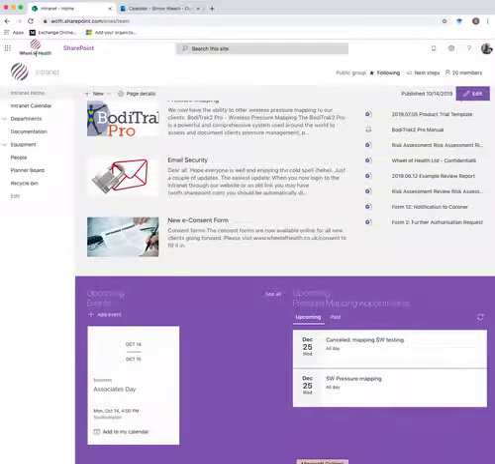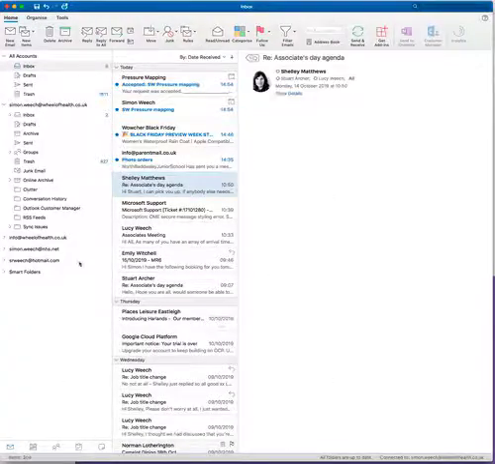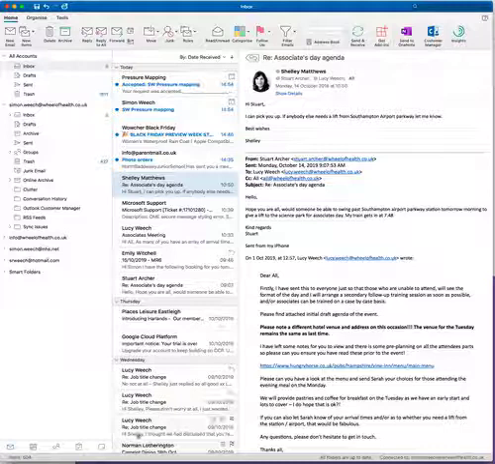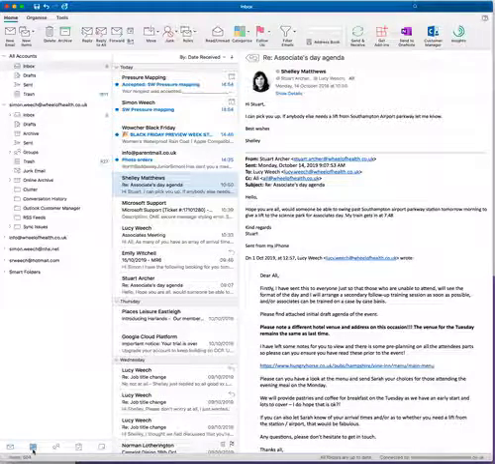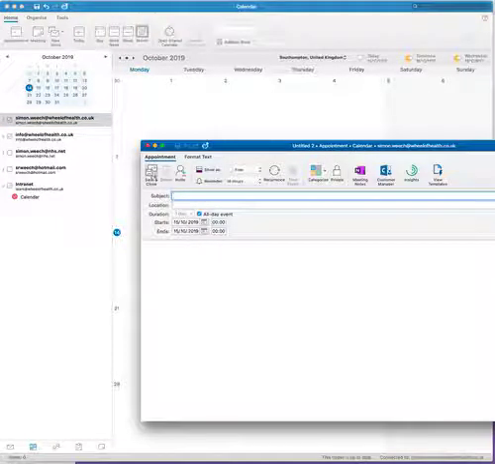Now, to do this through Outlook, the process is fairly similar. Again, when you load up, you're on your emails. You're again looking for the calendar icon, making sure that I'm actually on my calendar, so the Wheel of Health calendar. I then select the day that I want the equipment. I double click. Again, I give it a subject,